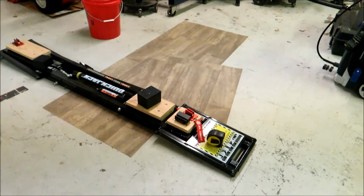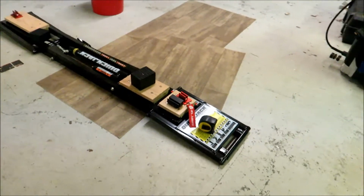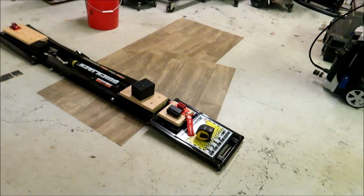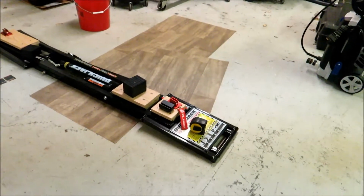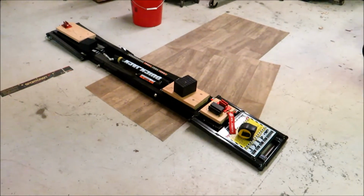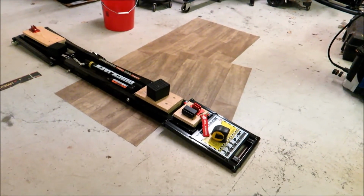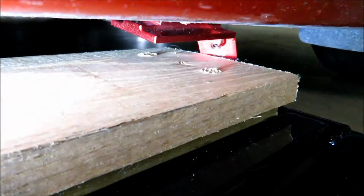So the goal of today's video, other than clearing up all of the other stuff related to the use of the Quickjack itself, the fact that it works, all that other stuff I already talked about, is to try to make that notch and see how that works. Okay, so here's the